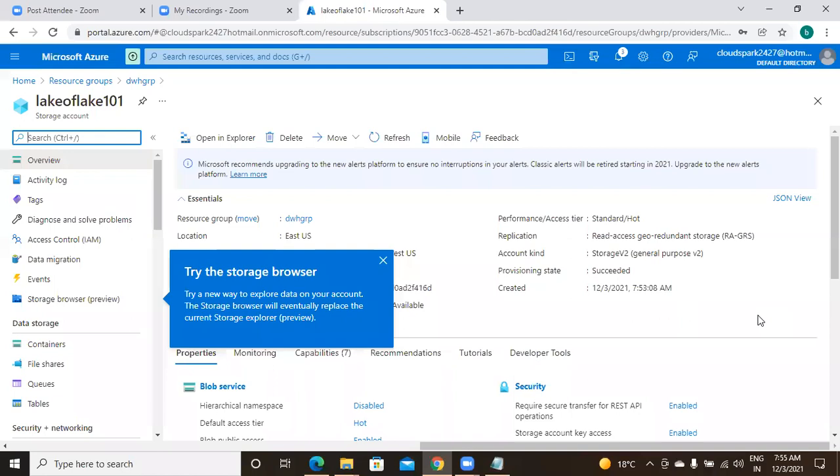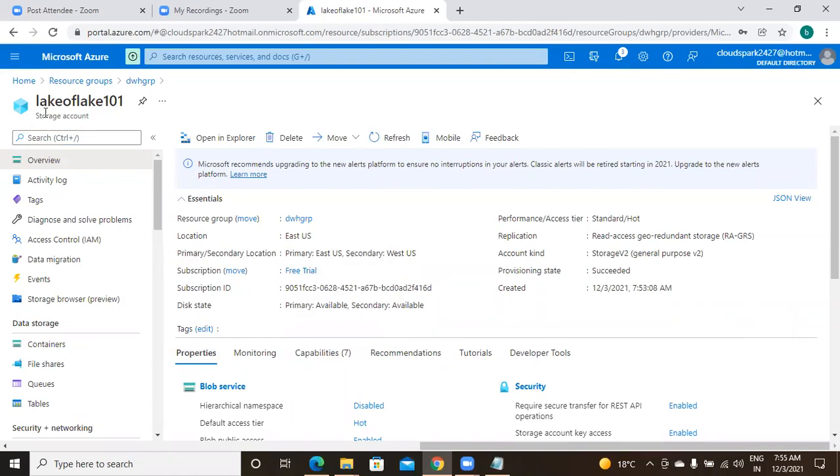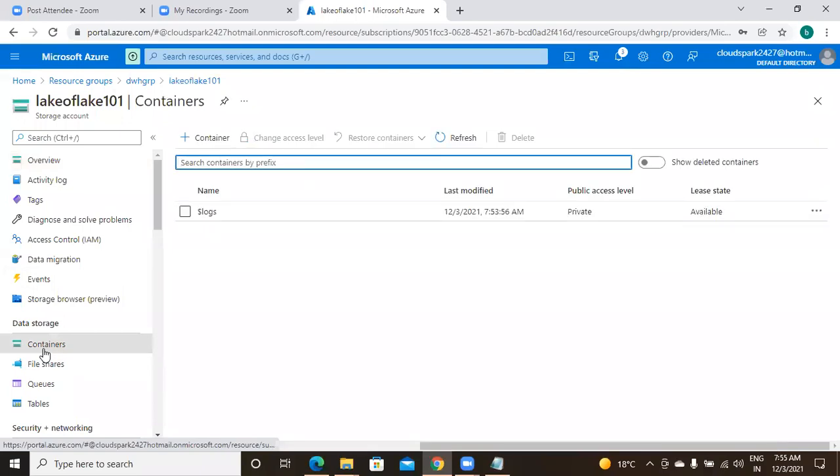Okay, so I just entered into my data lake. In the data lake, containers will be there. Under containers, you can keep your folders or your data objects, that means your files. I just click on containers.